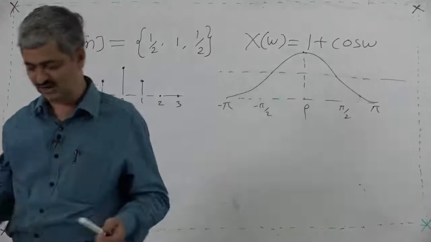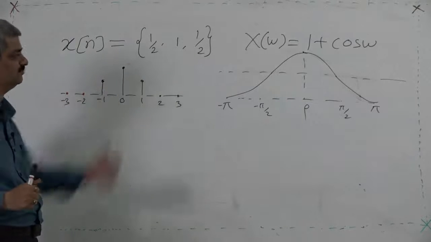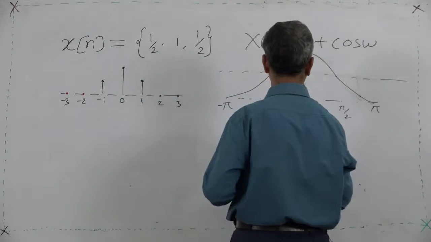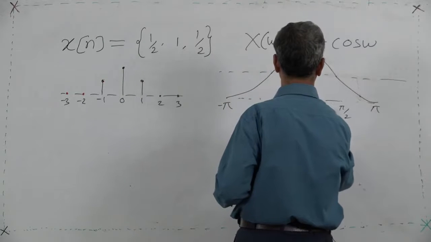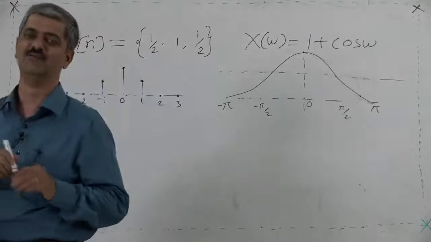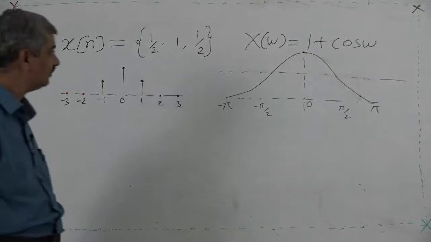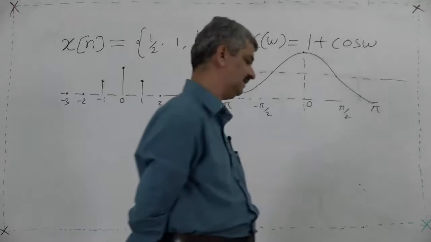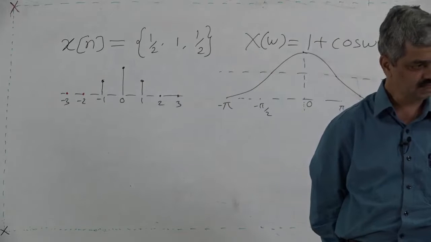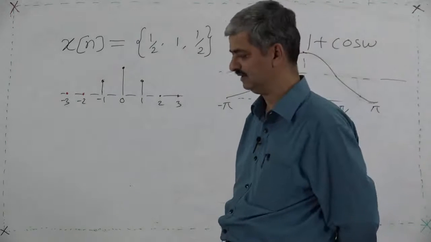So, it is all right that you have drawn this x[n] and this X(omega), but how are x[n] and X(omega) related to each other? What is the significance, what exactly do I understand from X(omega)? X(omega) corresponds to what? Listen very carefully. I am sure that you will not understand, and then I will make you understand by explaining it further.